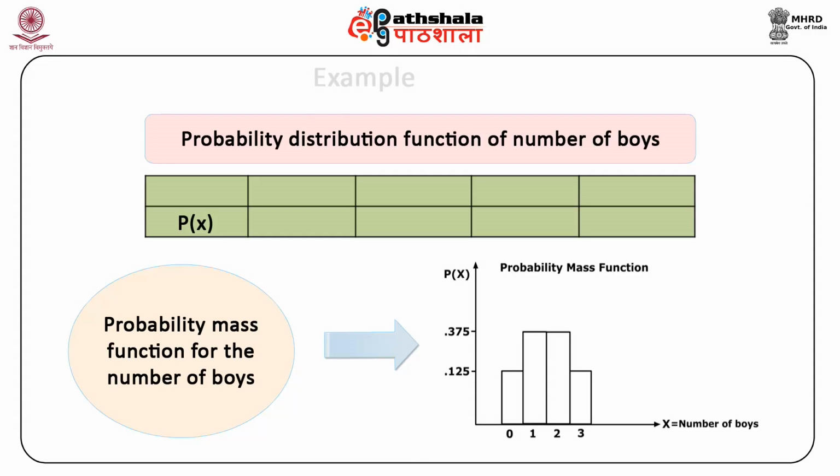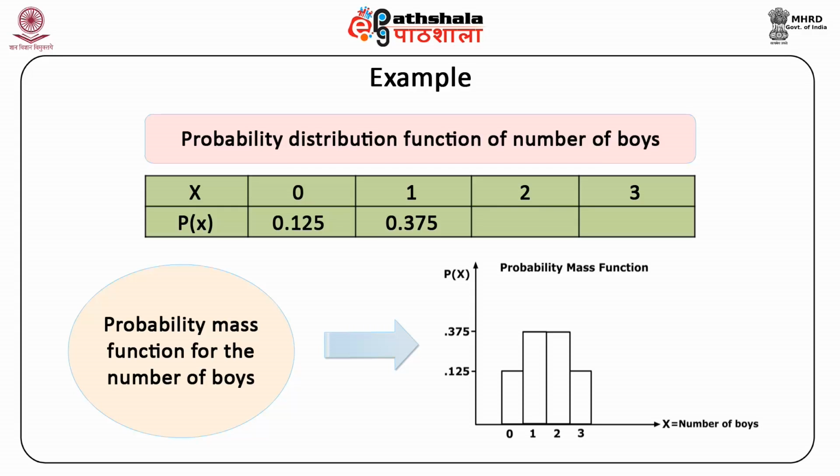Probability mass function P(x) summarizes the probability that the above discrete random variable x will take on certain values x given by 0, 1, 2, 3, which can be described by a formula as P of X equal to x. So, P of X equal to 0 is equal to P of GGG, which is equal to 0.125. P of X equal to 1 is equal to P of BGG or GBG or GGB, equal to P of BGG plus P of GBG plus P of GGB, which is equal to